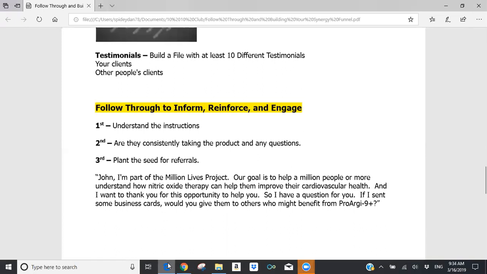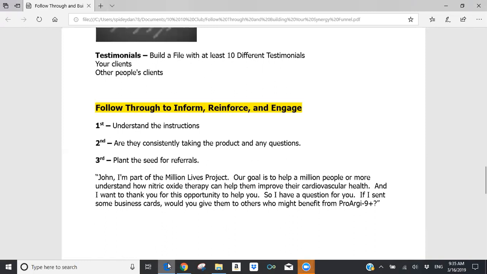You're not asking them for names. You're not asking them to open up their contact base. You don't have that relationship yet with them, but they have seen improvements in their health. And because of the way that you positioned it, they would be more than happy to get your business cards and share them with other people. So again, what's the cost of that? A 55-cent stamp in an envelope, and you need to have some business cards